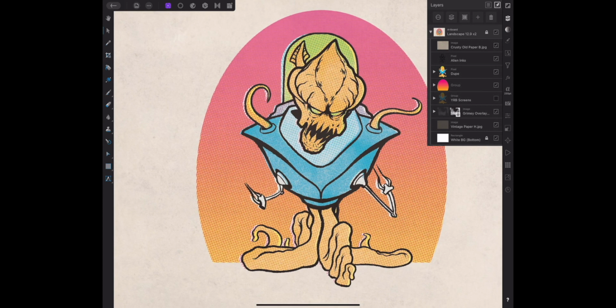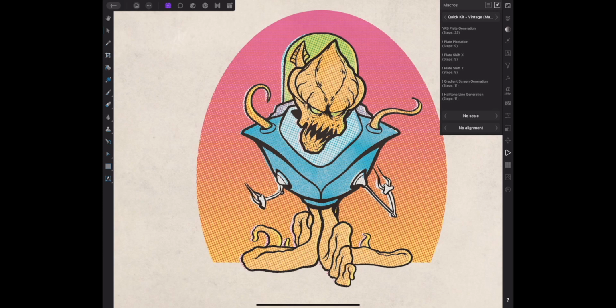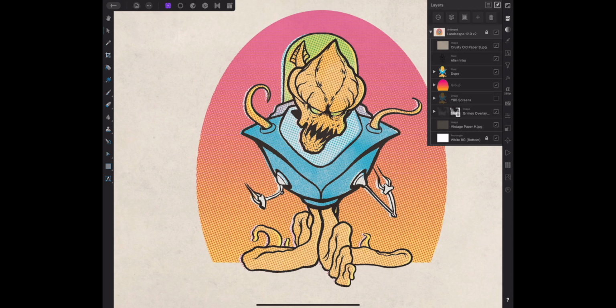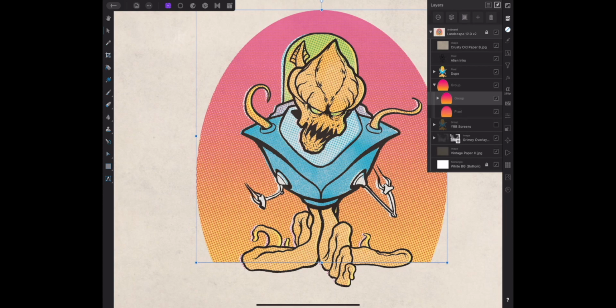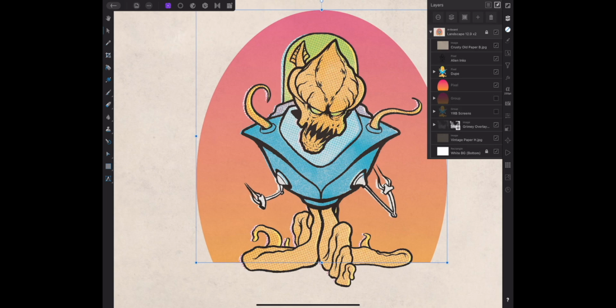Oh, isn't there one macro that I haven't shown yet? Yes, the halftone line generation. Let's say that you wanted to make this lines instead of a halftone. So I'll just group those things together, turn this back on, remove it from the group. Okay, turn those off. Maybe I want to make this into a halftone line. So what I can do is,